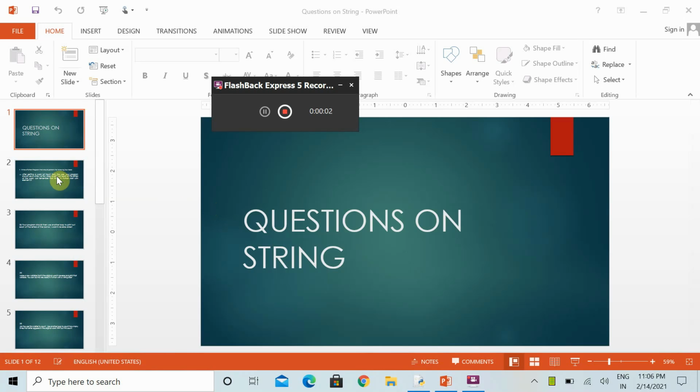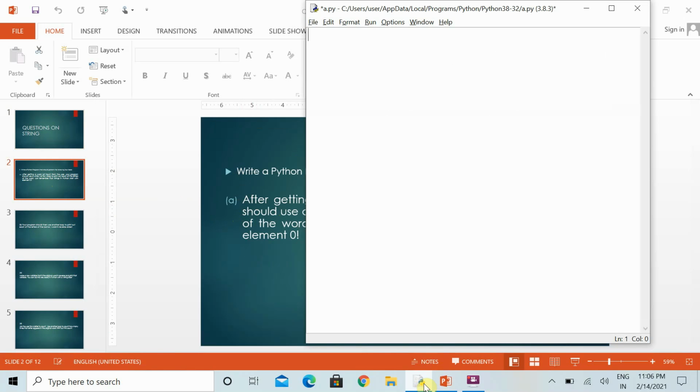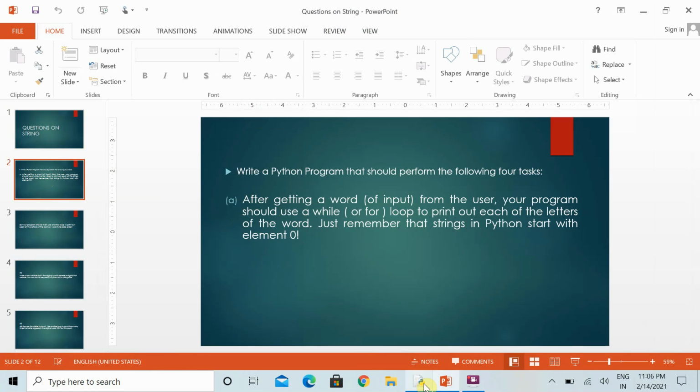On the topic string. It will help you to understand and clear many doubts related to the string. In this question, it is specified that we have to make a Python program that should perform the following four tasks. In the A part, it is specified that after getting a word of input from the user, first we will take a value from the user, enter string, and then your program should use a while or for loop